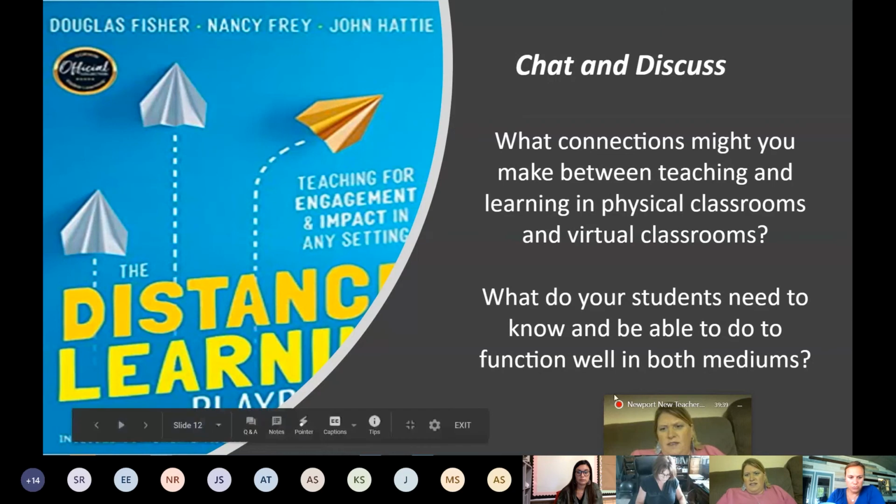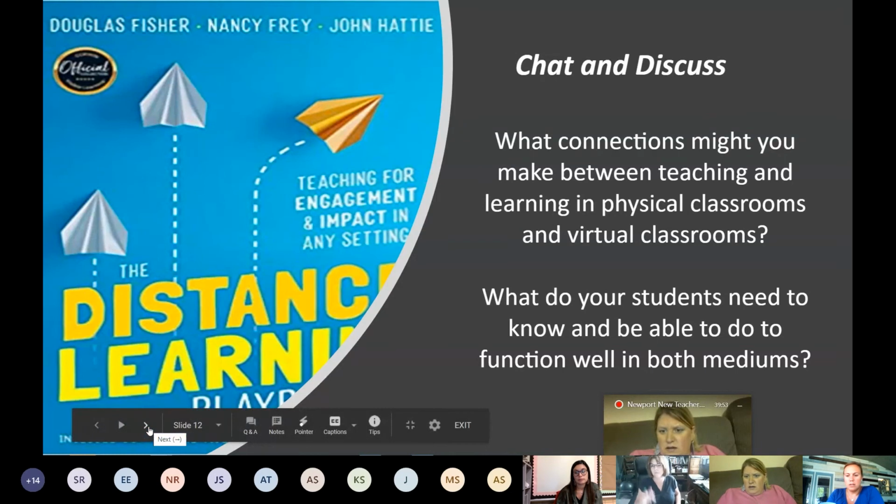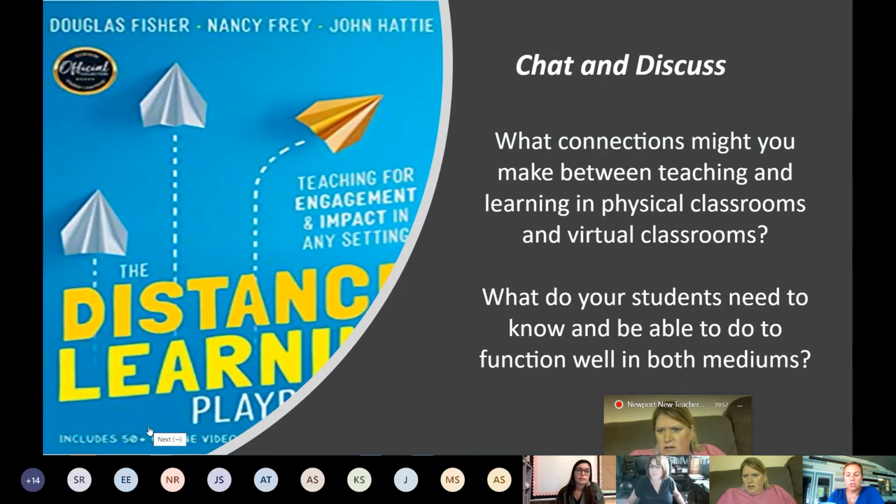Molly says students need to be able to create a space where they can get their work done with limited distractions. When working virtually, you still need to build those connections with students. Students need connections big time right now with everything going on. Yes, and several of you mentioned that relationship and that connection piece, which is so, so important. And we're going to talk about that.